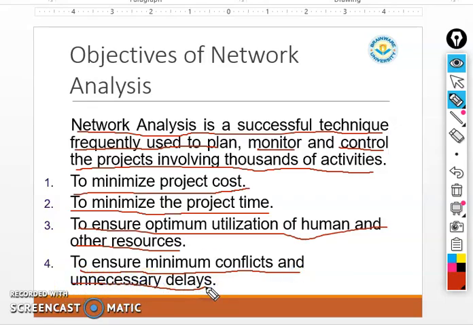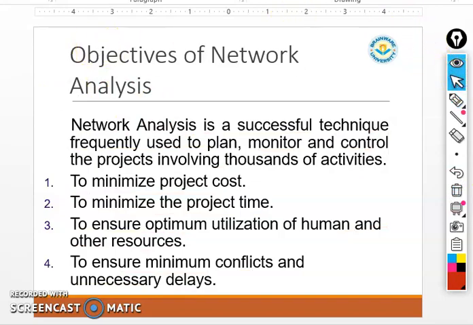মানে মিনিমাম কনফ্লিক্ট মানে যখন একটা কনস্ট্রাকশন হচ্ছে, বিভিন্ন রকমের কনফ্লিক্ট আসতে পারে বা বিভিন্ন রকমের দ্বন্দ্ব বিবাদ এসে যেতে পারে, সেই কনফ্লিক্টটাকে মিনিমাম ভাবে, আমি যেহেতু বিল্ডিং কনস্ট্রাকশনের উপরে এক্সাম্পল দিলাম তার জন্য বিল্ডিংয়ের ওপরেই রয়ে গেছি। ধরো কোনো একটা কাজ অ্যাট এ টাইম একজনই করতে পারে, আবার অন্যজন যদি সেখানে ঢুকে যায় তাহলে অটোমেটিক্যালি কাজটায় কনফ্লিক্ট চলে আসবে, তাই কাজটা ডিলে হয়ে যাবে। আর হচ্ছে আননেসেসারি ডিলে মানে আজকে কাজ হলো না, বাড়ি আমার লেবার নেই, আজকে ওয়েদার ভালো নেই, কাজ হবে না, এই ধরনের ডিলে যেন না হয়, সেই সমস্ত জিনিসগুলো আমরা নেটওয়ার্ক অ্যানালিসিস ডায়াগ্রাম করে থাকলে এবং আগে থেকে যদি বিষয়টাকে বুঝতে পারি তাহলে আমরা করতে সক্ষম হব।